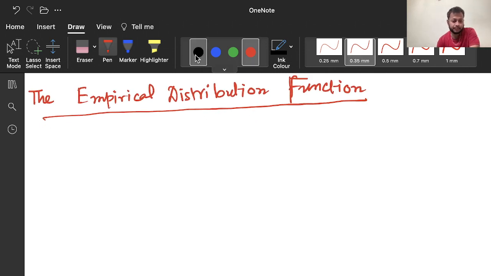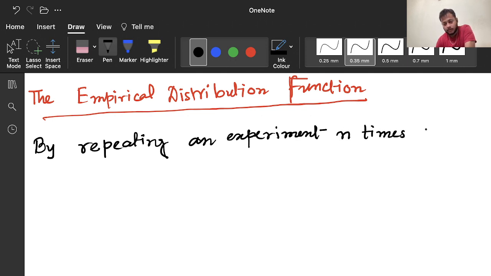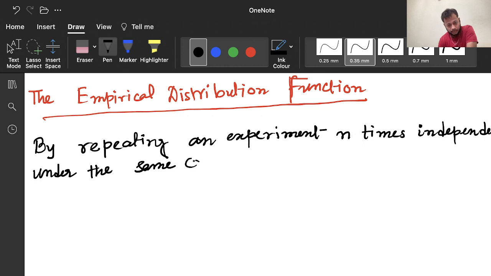So suppose by repeating an experiment n times independently under the same conditions,